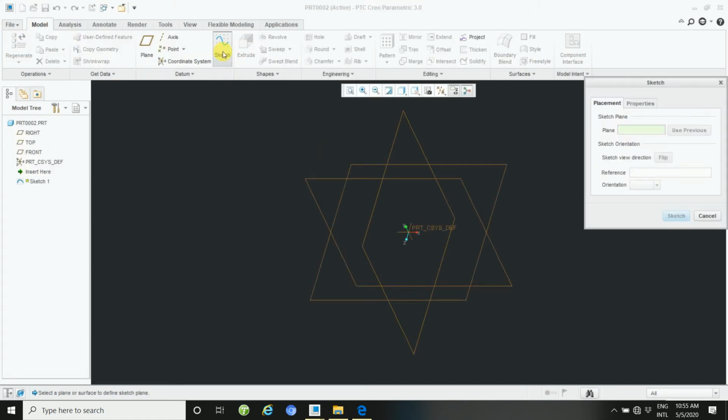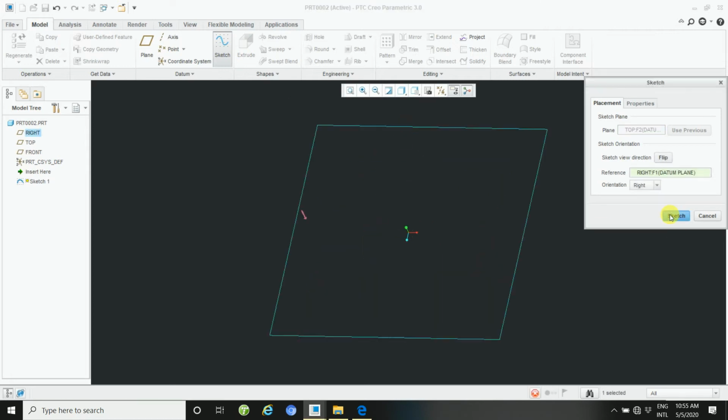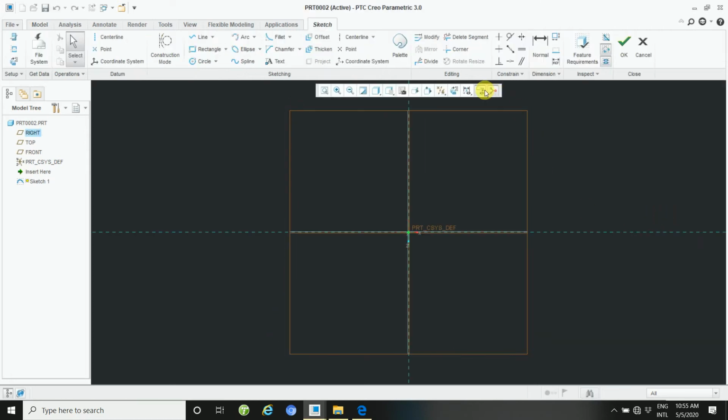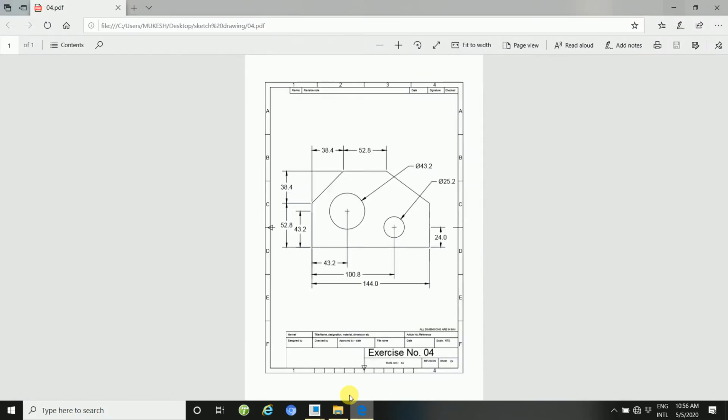Then go to sketch, take any plane, sketch, and hide the plane. No need for the plane, so click here and hide the plane, and take a line. First see this. Try to draw.